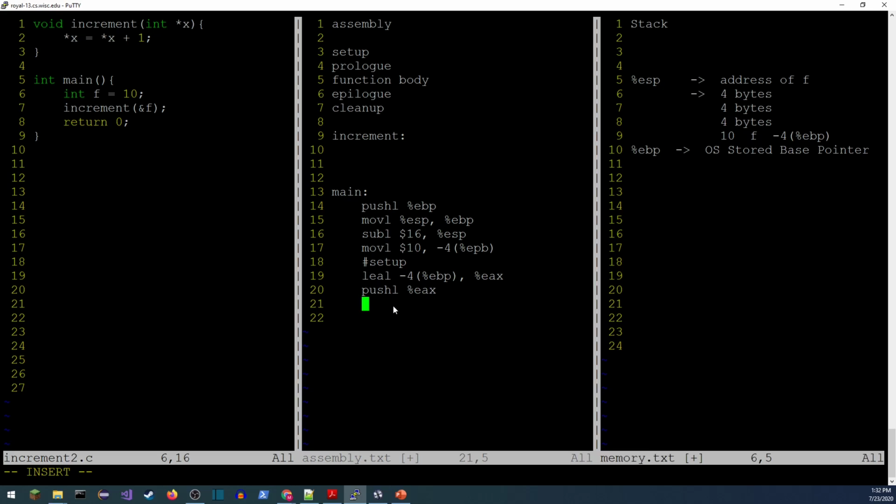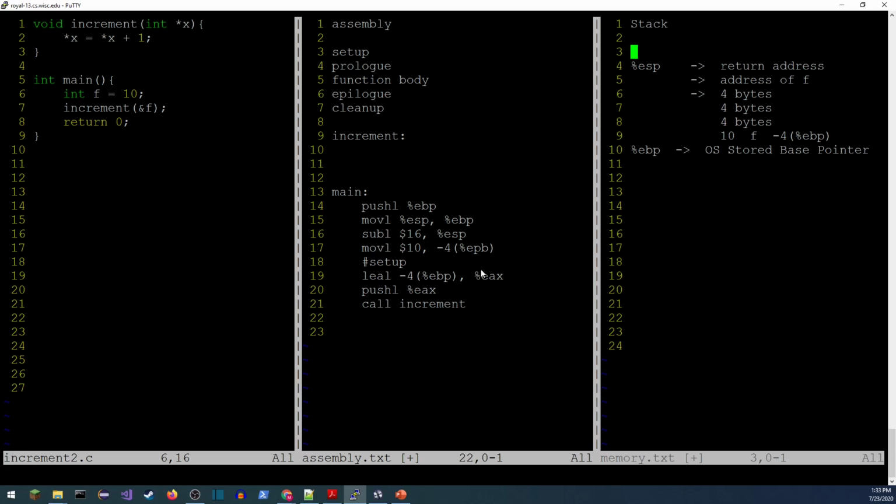All right, that's looking good. Okay, so then we'll call the function. So call increment. That's going to store the return address on the stack. So it's going to move the stack pointer up. Return address right there. That's going to be the top of main's stack frame.